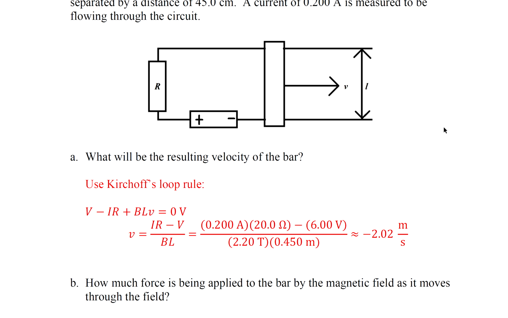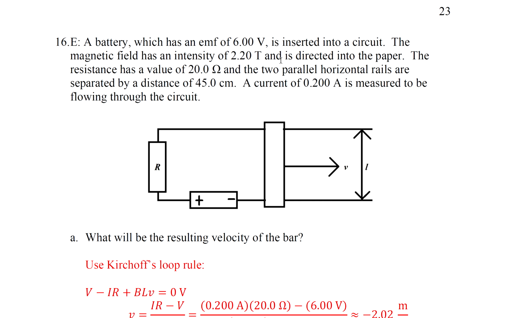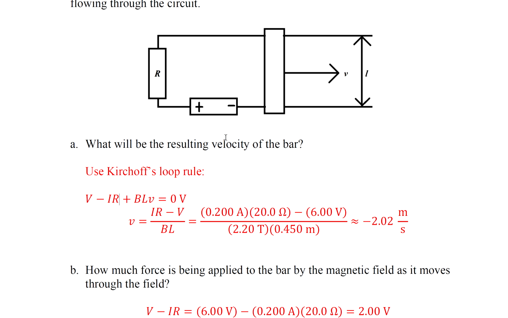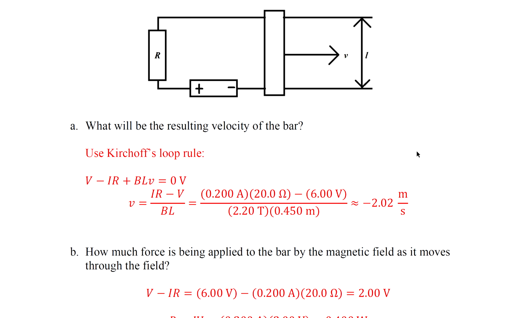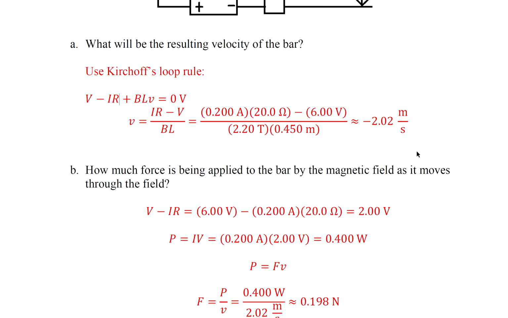So let's use Kirchhoff's loop rule. Plus V battery minus V from the resistor, V equals IR, minus V from the metal rod, which is BLV. So that's equal to 0 volts, and just solve for little v, the speed. Part B, how much force is being applied to the bar